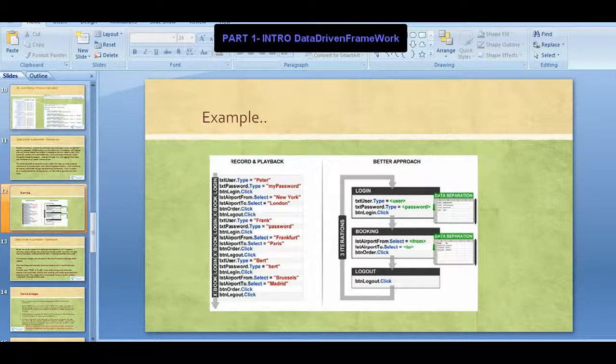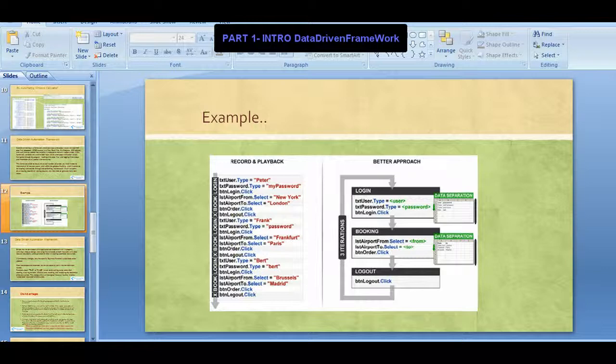In simple terms, let's say we record and play back booking a ticket from New York to London. When you record, this is how any of the tools captures it. For example, I'm taking QTP. Now the better approach would be, instead of the data sitting inside your scripts, you separate this data, and even the script too.